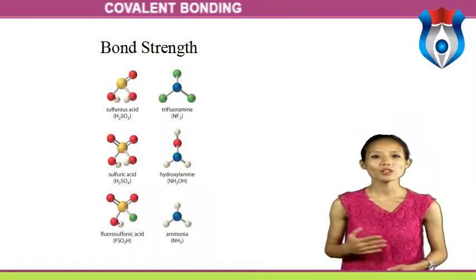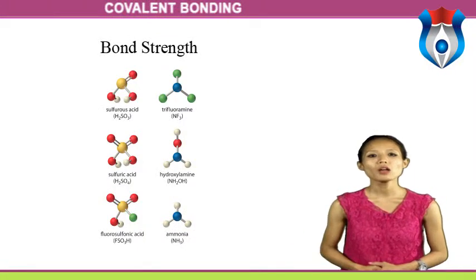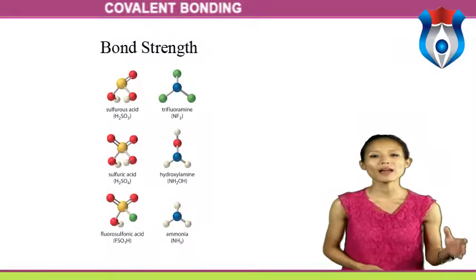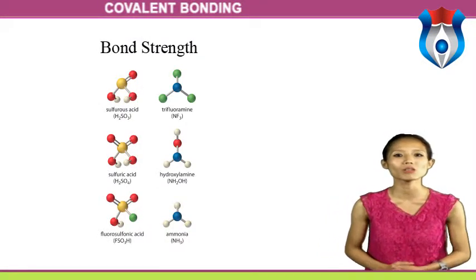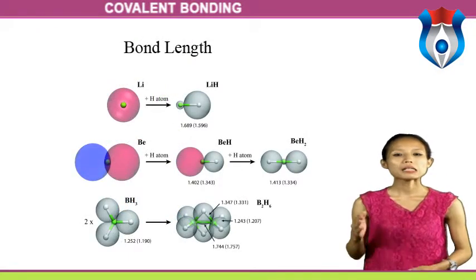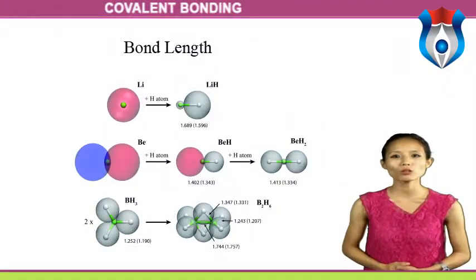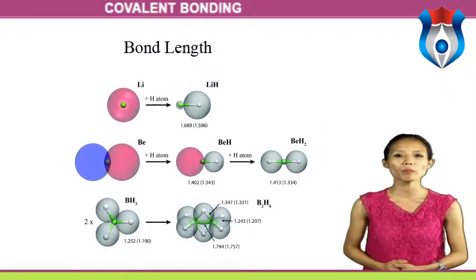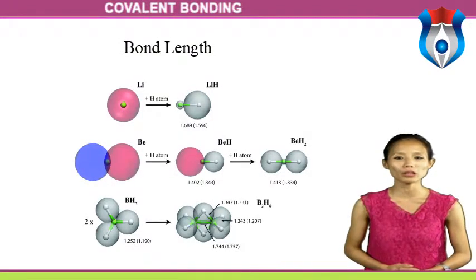Bond strength. The strength of the bond depends very much on the atoms being bonded. However, carbon forms single, double and triple bonds with other carbon atoms, and we can use this to determine the relative strength of these bonds. Bond length. Single bonds use 1 pair of electrons to hold atoms together. Greater force of attraction between the electron pairs and the 2 nuclei draw the atoms closer together, reducing the bond length.